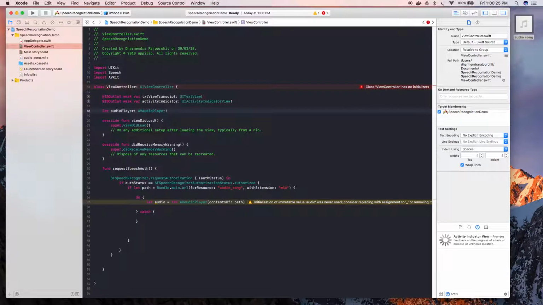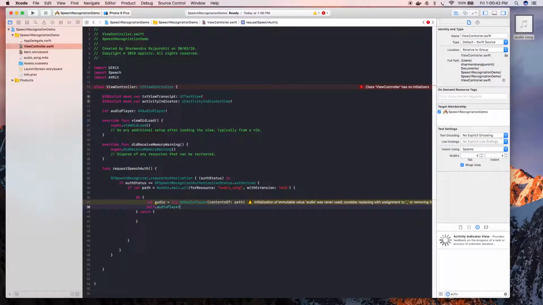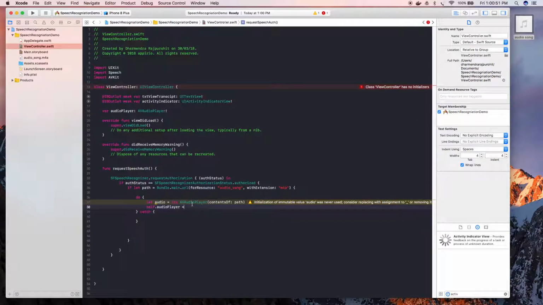So here it is. Now we're going to use this to set its audio here. So self dot audio player, we're going to assign this. Let's make it a variable so that we can assign it. Okay, so now we're going to assign this audio. So here it is. Now we have assigned this audio to this